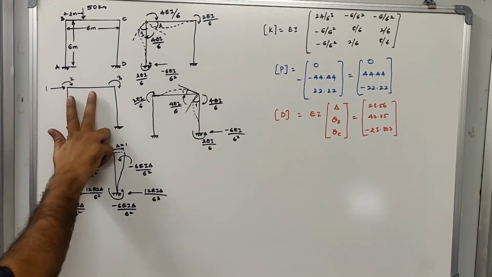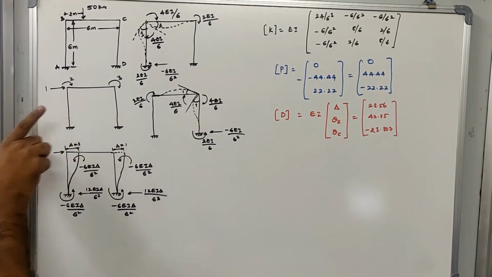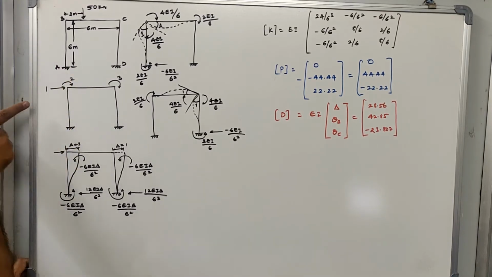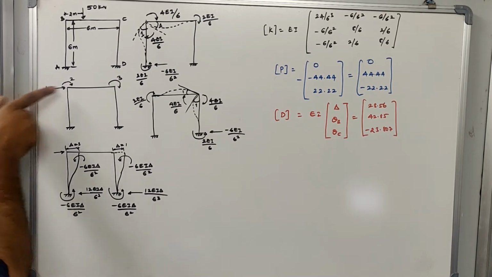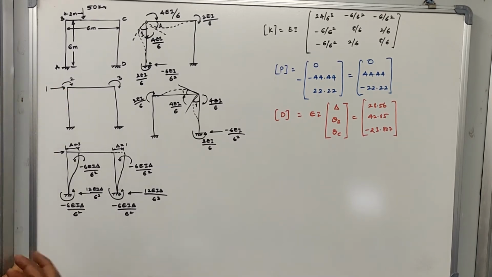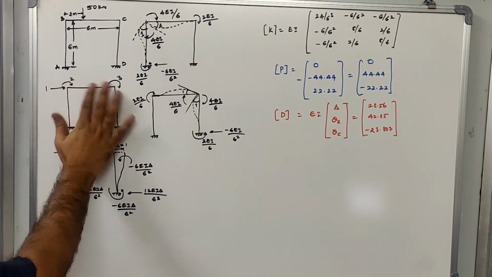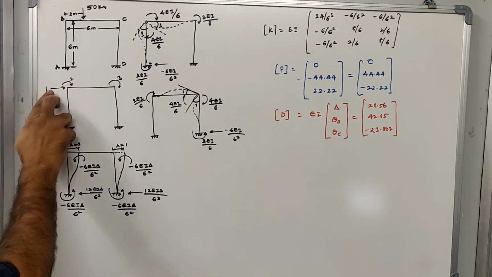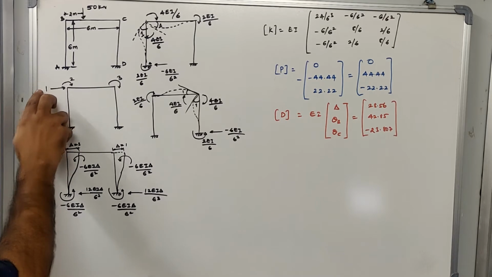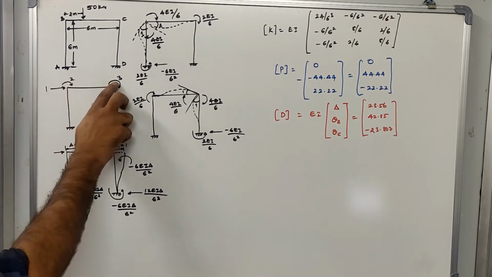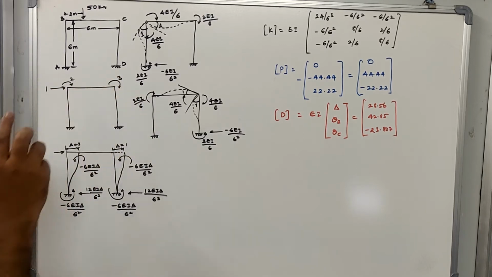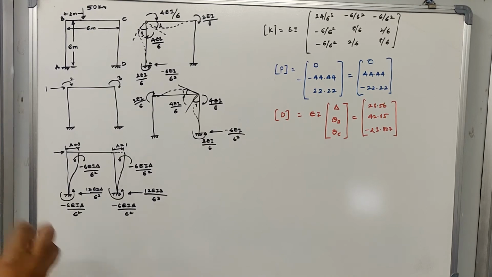Now imagine if you want to make it sway, we need to apply a force. See here, I have applied a force. Earlier for rotation I used to apply a moment. To create a sway or a translation, I am going to apply the force. As I told you, there are 3 degrees of freedom. One is sway and the other 2 are rotations. I am giving this as my first coordinate, coordinate 1. The other 2 coordinates, second and third, are theta B and theta C. So delta, theta B, theta C will be my 3 kinematic indices. According to the 3 kinematic indices, I have assigned the 3 coordinates.